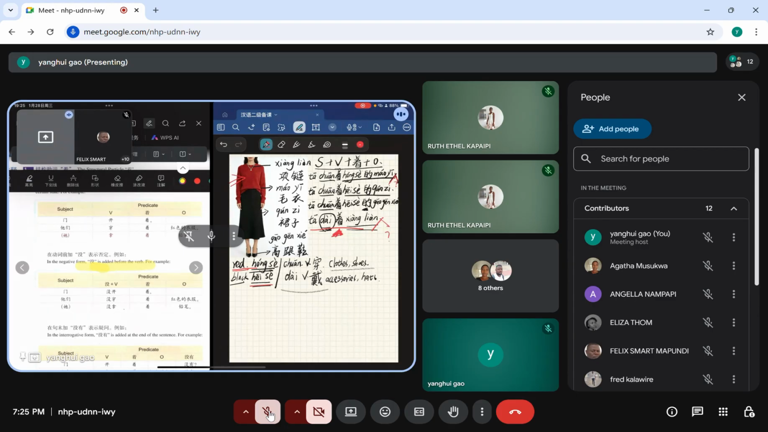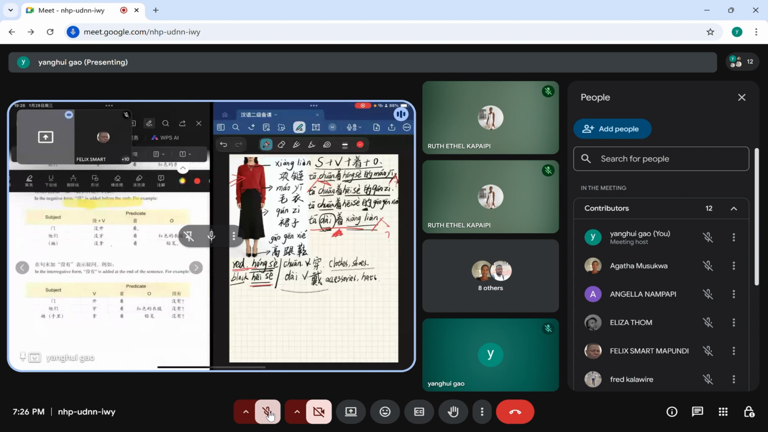We just add the 没 before the verb. So she is wearing the red sweater: 她穿着红色的毛衣。And she isn't wearing the red sweater: 她没穿着红色的毛衣。她没穿着红色的毛衣。